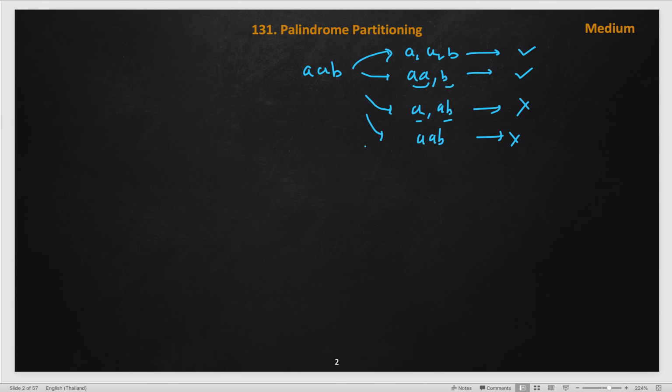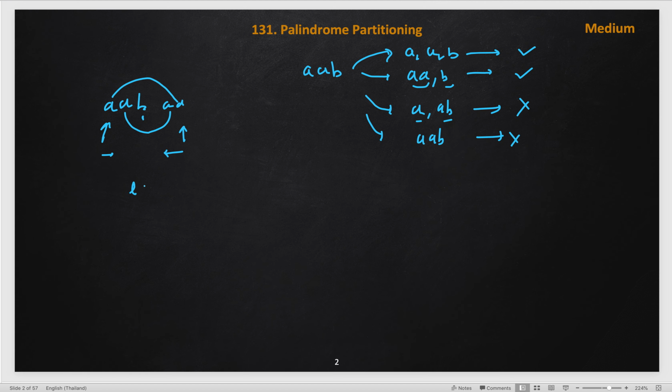So how will we solve this problem? First of all, for checking whether a string is a palindrome or not, how will we do it? We will just take a string, let's say AABAA. We will keep two pointers, one at the start and another at the end, and we will keep going inside, increasing the left to the right and decreasing the right to the left, as long as the characters at these indexes match.